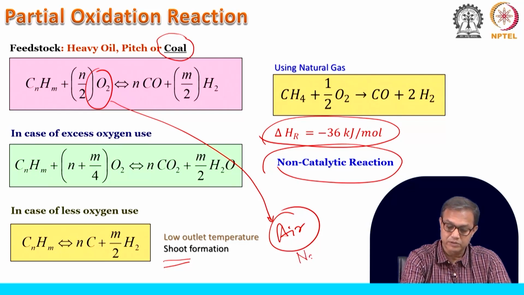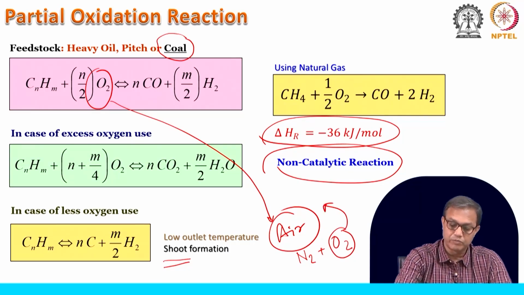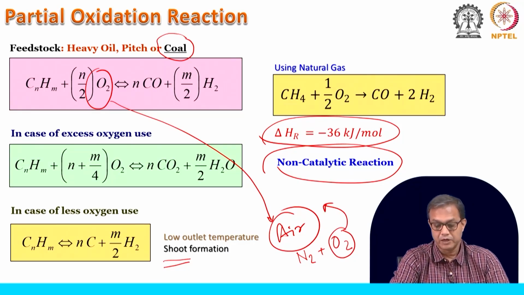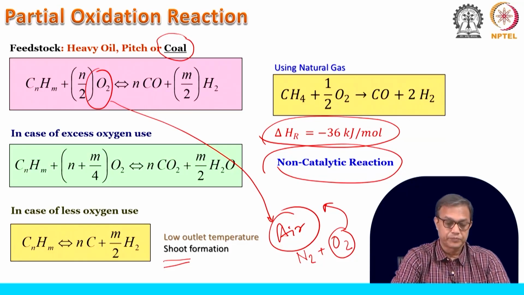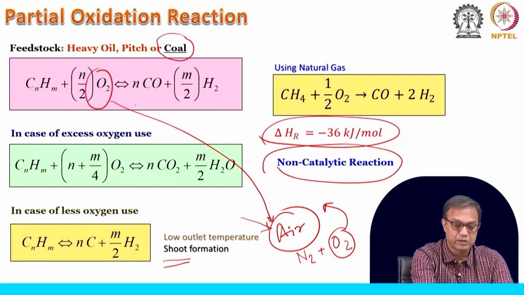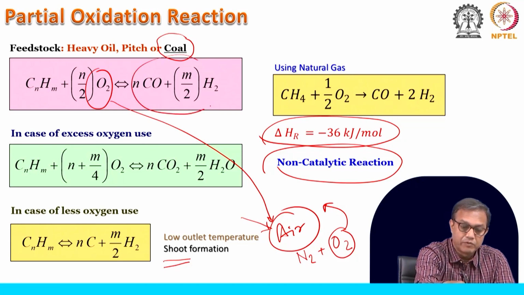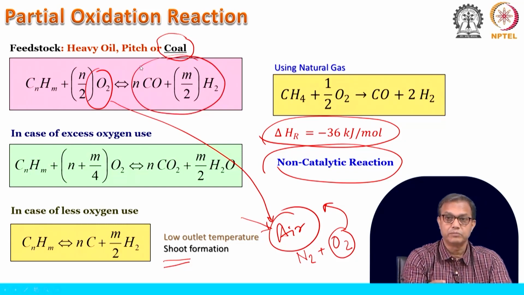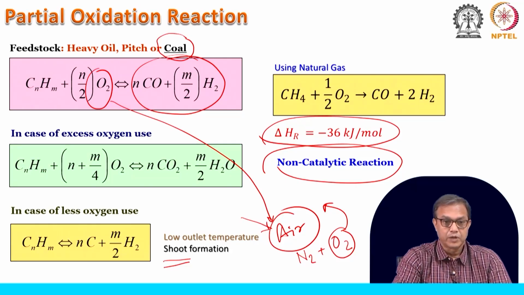So, the air contains N2 and O2, and from this only the O2 will be separated, maybe by membrane separation or cryogenic separation, and that oxygen will be used in the reaction. But the problem with air is that if we are using air, this nitrogen will stay in the reaction, in addition to the partial oxidation reaction,